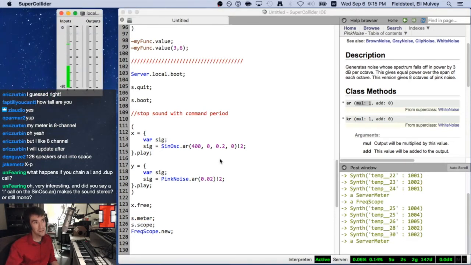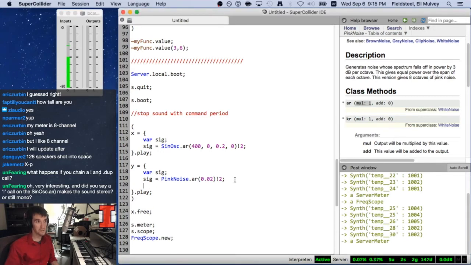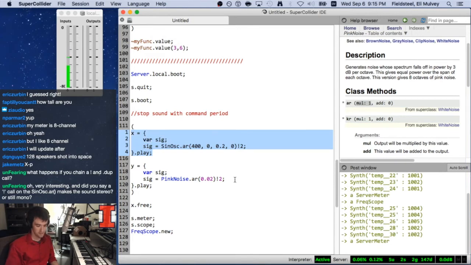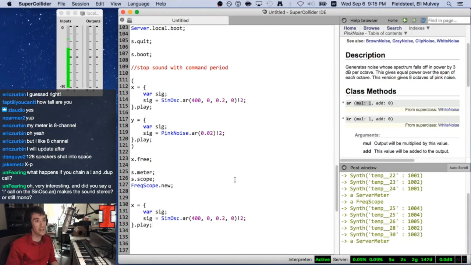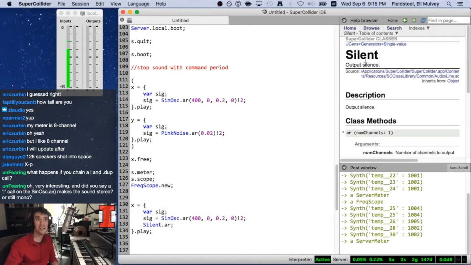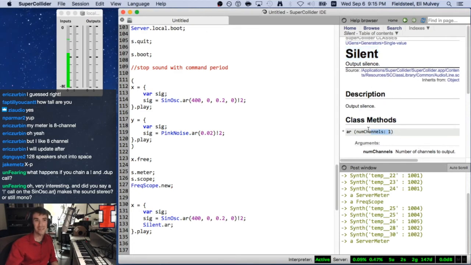And if I'm playing the sound and I don't see any activity, for example, let's copy this here and bring this down here. So maybe I'll do silent.ar. That's a real thing. I don't know why, but I guess it's kind of nice. It is a unit generator that outputs silence. And you can specify the number of channels of silence. So we might as well specify 2. And now if we play this sound function,